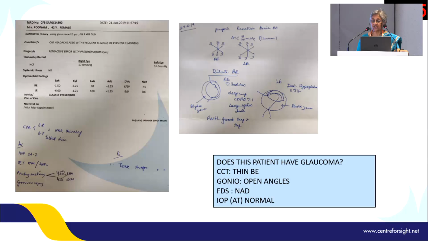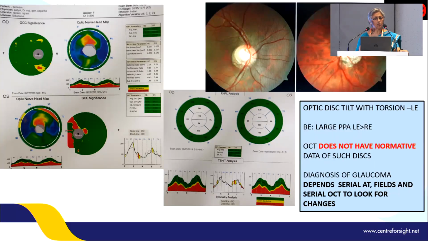The question was, does this patient really have glaucoma? The CCT is thin. It is only 452. We all know that in Indian eyes, it varies between 530 to 550 microns. Gonio shows open angles, fields are normal, IOP is normal. Now we go to OCT, and we have a look, and we find that the OCT in the right eye